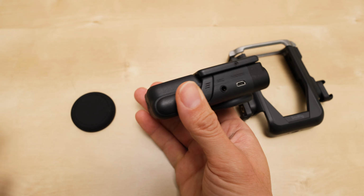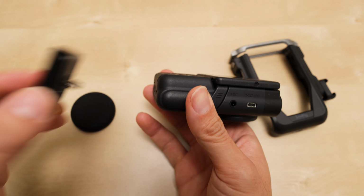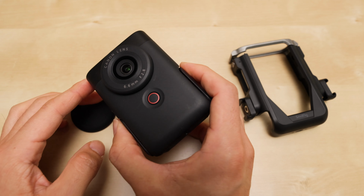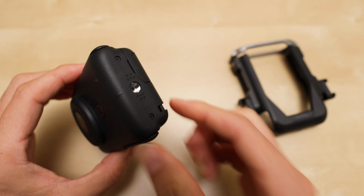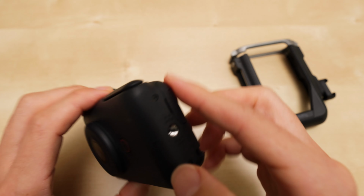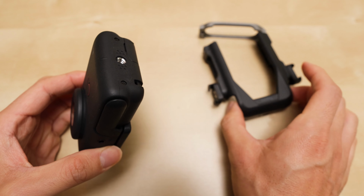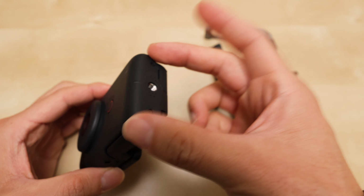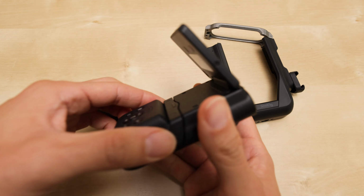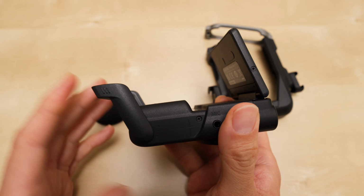But when mounting it on a tripod, I'm just gonna have to put the tripod plates on and off, and just have to deal with it that way. I wish there was a better design. Maybe if they would have put the micro SD card on the side and then left the complete bottom open so that designers could put a permanent plate down there, that would have helped. And then this whole mechanism of the table stand, it's nice, but maybe the way it was designed, it also prevents